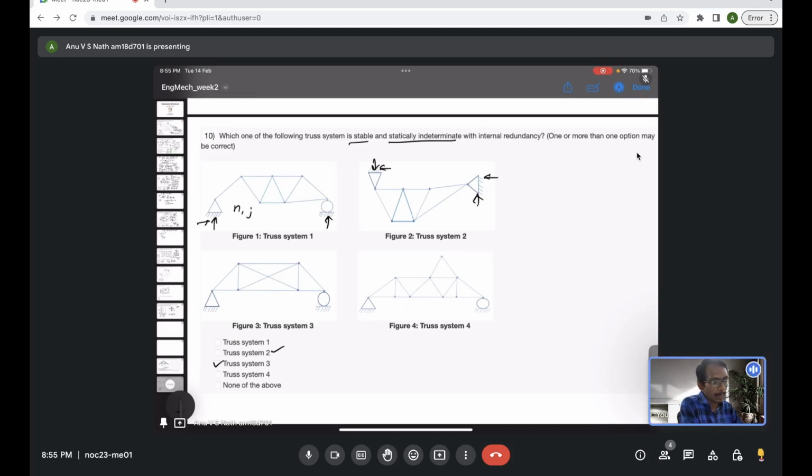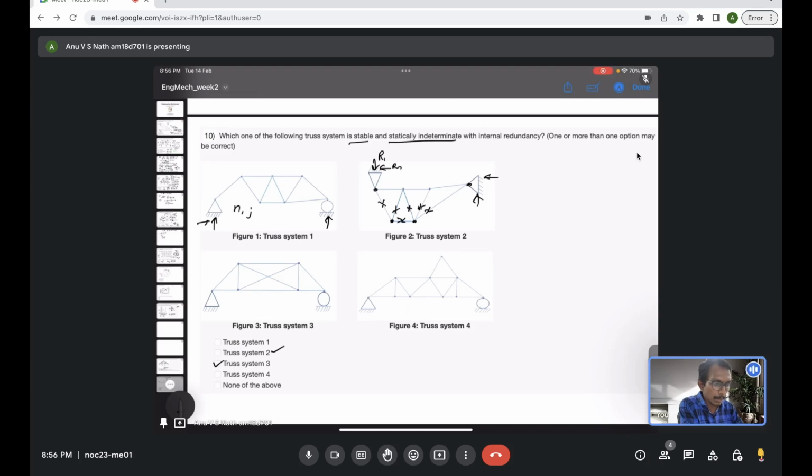So statically indeterminate means that basically we are doing the static analysis. Indeterminate means that anything which we cannot find explicitly. For example, here all the internal forces you can evaluate because it's only triangles. So you just need to do the equilibrium for every joint. You will be able to evaluate all the internal forces. Just that when you come to the external forces, the support reactions,